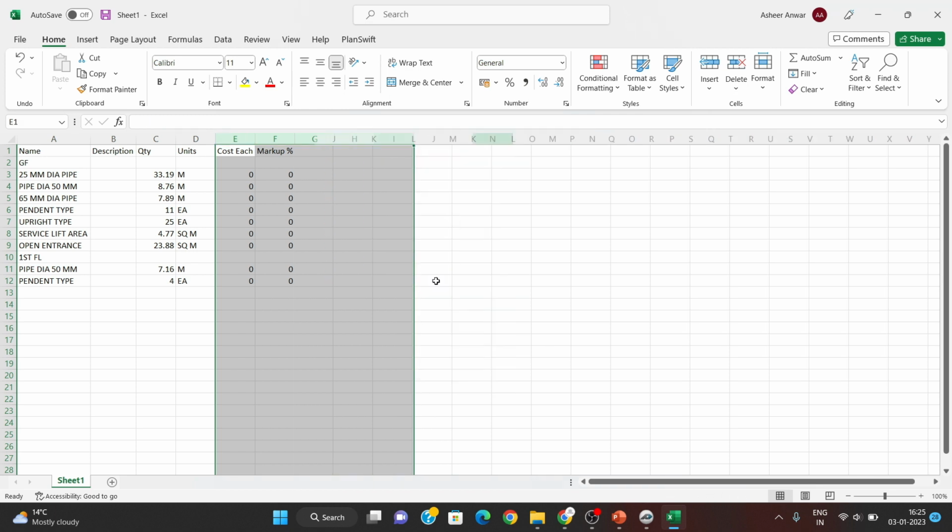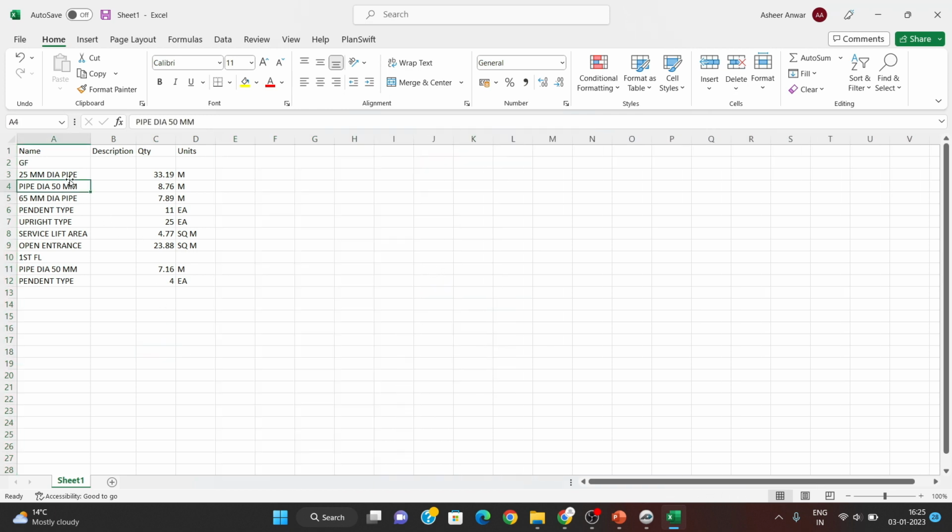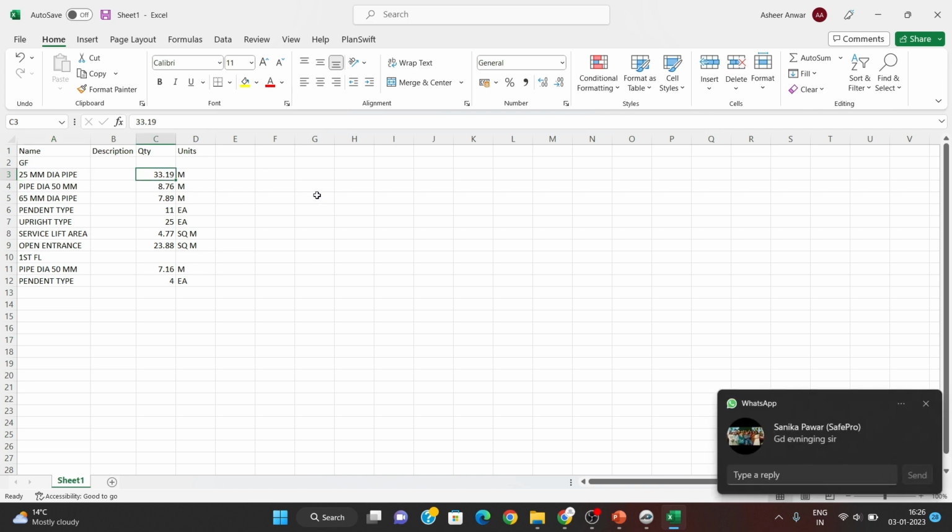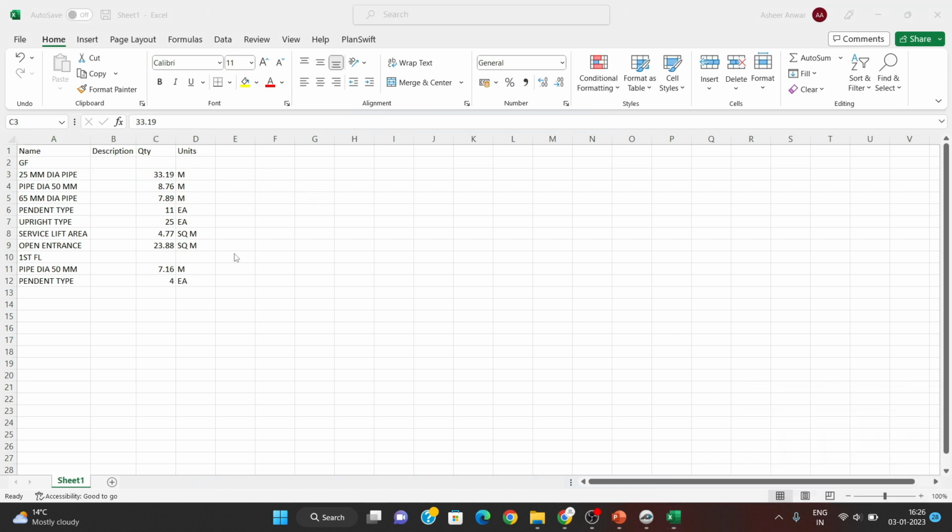You can remove all this. For example, delete. See, 25 dia total length, how much have we taken? 33.19 meters. Okay. Pipe dia 50 mm, 65 mm dia pipe. See, ground floor is separate. This is all for ground floor, and see, this is for first floor. In this way we can separate it with the help of folders: ground, first, second, third, and we can continue